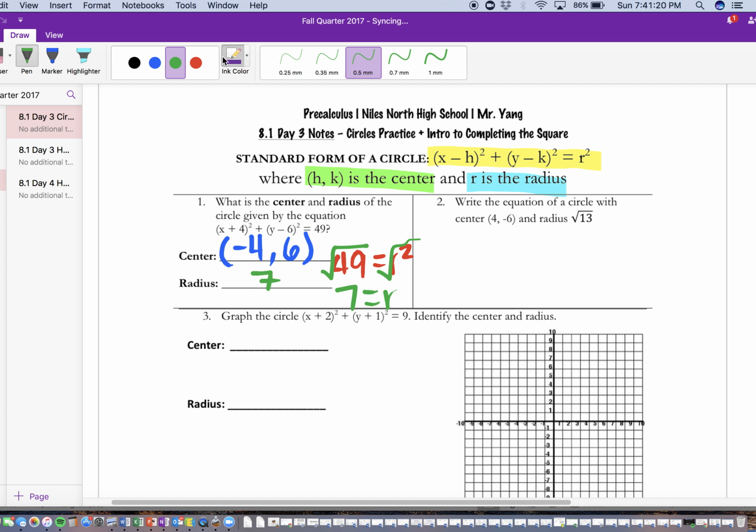Alright, looking over at example 2, example 2 says, write the equation of a circle with a center (4, negative 6) and a radius of root 13. Okay, if the center is (4, negative 6), then over here in my standard form, I know my left-hand side will be (x minus 4) squared, right, because 4 is the h, and then k is negative 6, so plus (y minus negative 6). Well, minus a negative 6 is the same thing as doing plus 6, right? What's the opposite of negative 6? It's positive 6 squared, okay,